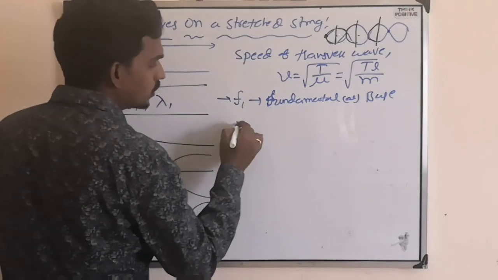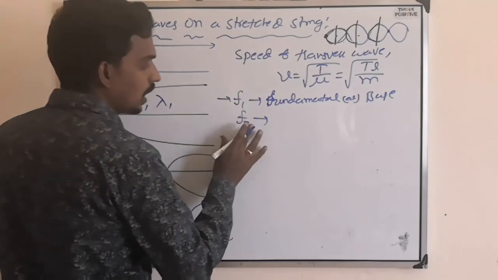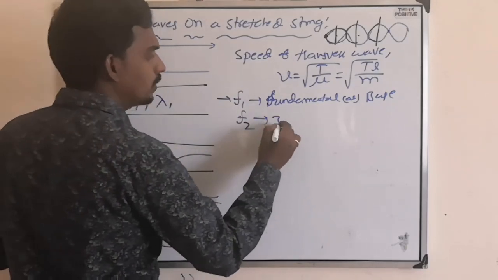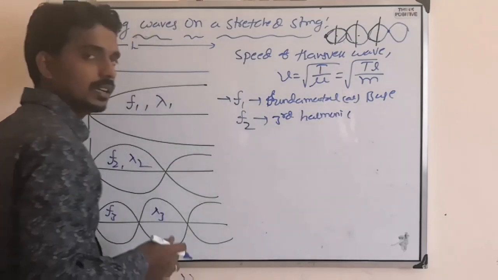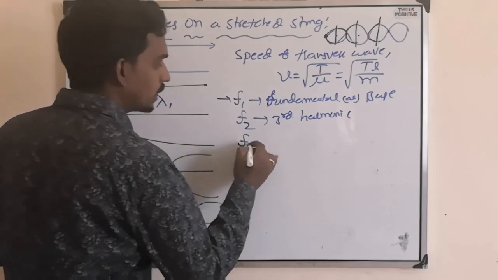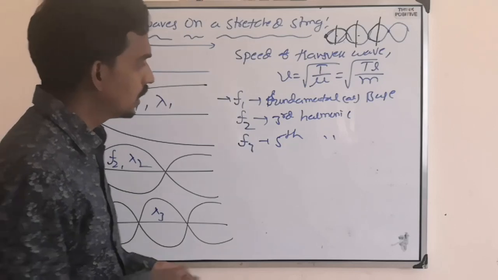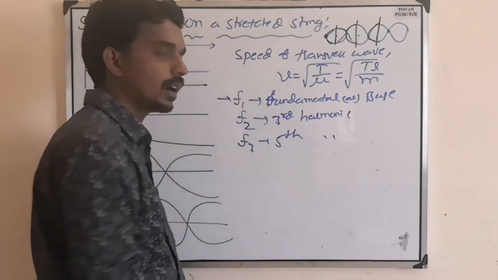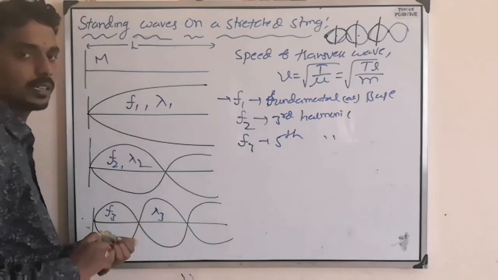Now the next one is F3 will come. That means F2 only you take, that will come third harmonic. Earlier case, after fundamental second, third, fourth, so on. But here next will come fifth harmonic. So one is missing. The only odd number of harmonics will appear here. Why? Because look at the calculation.